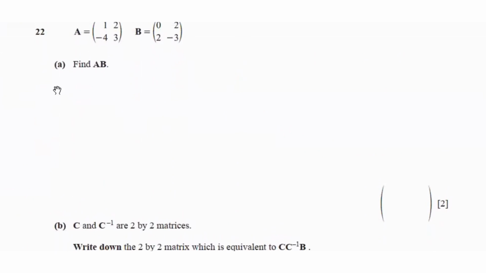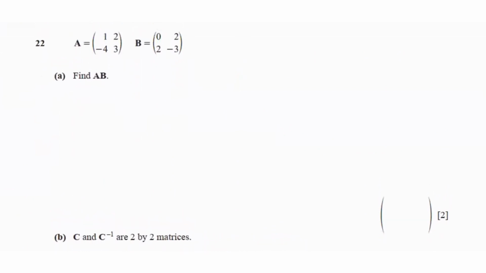Question 22 says find AB. So they've given us two matrices, matrix A and matrix B. We're going to do 1, negative 4, 2, 3 times 0, 2, 2, negative 3. Always remember when we are multiplying matrices, your first row of the first matrix gets multiplied with the first column